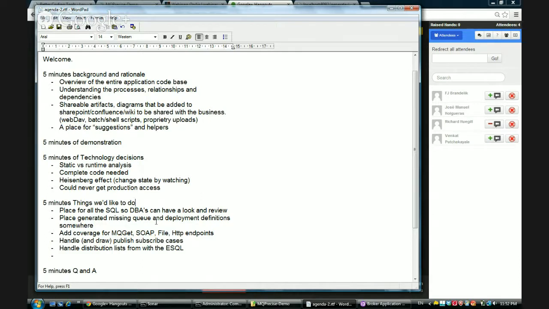So it'll help as a sharing tool between different types of team members. Same with queues and deployment information. One of the checks we do have as part of the plugin, as a convenience check for developers, is it tells you when you haven't got your message flow included in a deployment descriptor or a deployment build